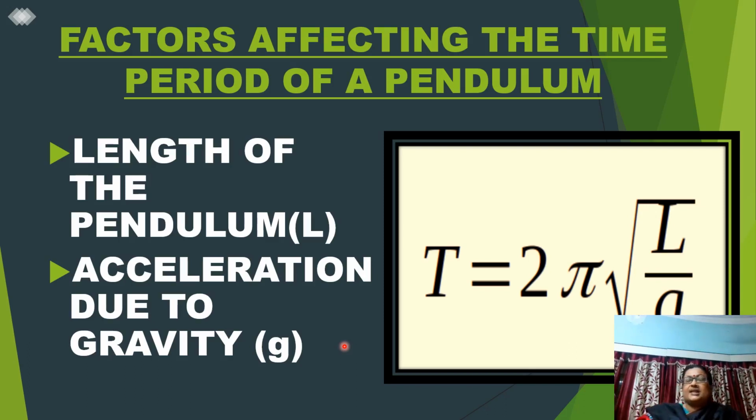Now the simple thing is, if you look at the pendulum, it is hanging down. Anything that is hanging down has the tendency to go towards the center of the earth. Now if any object has the tendency of coming from the top to the bottom, it is going to experience this acceleration due to gravity. We have already determined this, and that is why the quantity g is brought into this formula. Now how is it incorporated into this particular formula? We are going to deal with it a little later. All right,